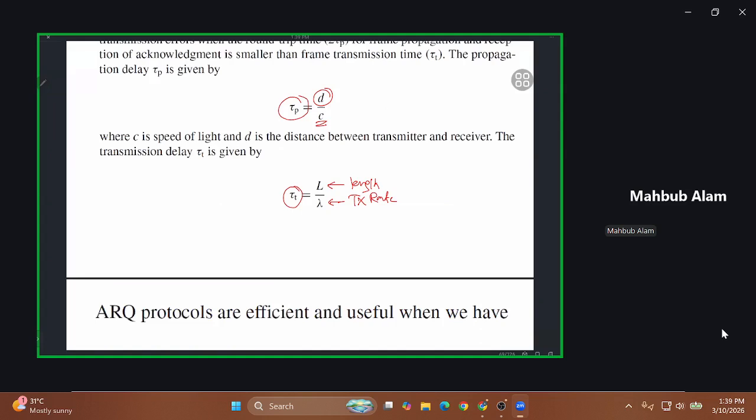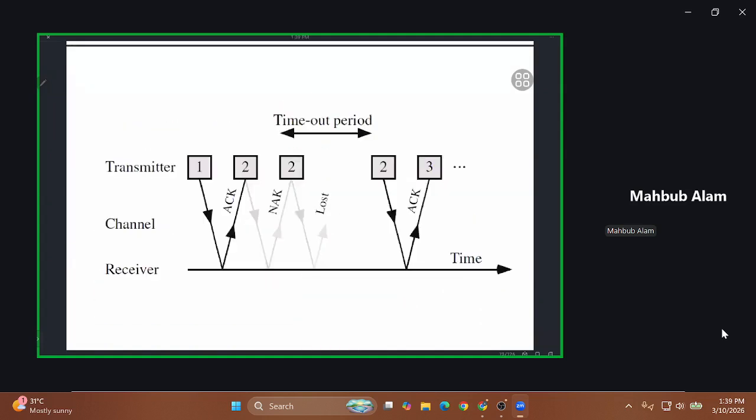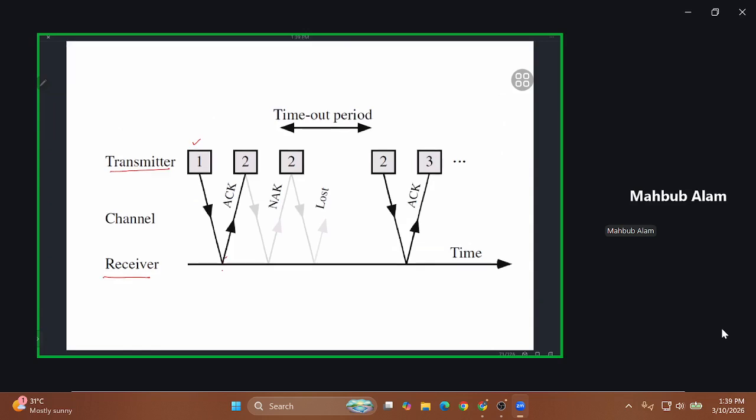Once you have this, the operation of stop and wait ARQ can be explained this way. Here we have the transmitter and the receiver, and in the middle, let us assume the channel is there. The sender sends a packet and waits for the receiver. After receiving the packet, the receiver checks it by comparing the CRC or checksum, depending on whether you are using this in layer 2 or layer 4 of the TCP/IP protocol suite. If the packet is successfully received, an acknowledgement is sent, and the sender then transmits packet 2.